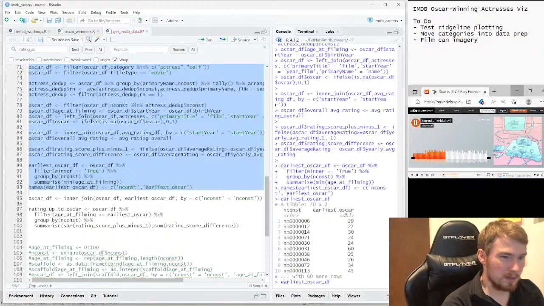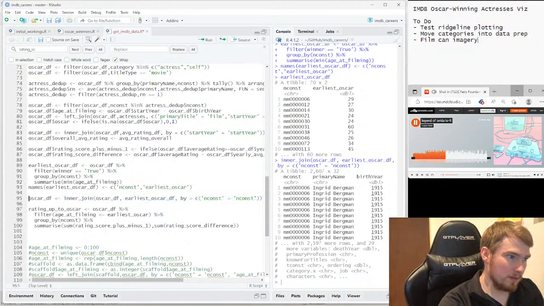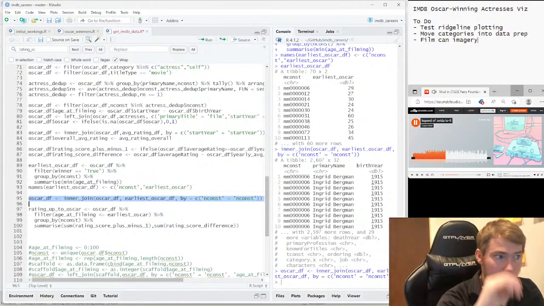That works. So does this return anything? Yeah, that returns stuff. Okay, I'm happy with that.